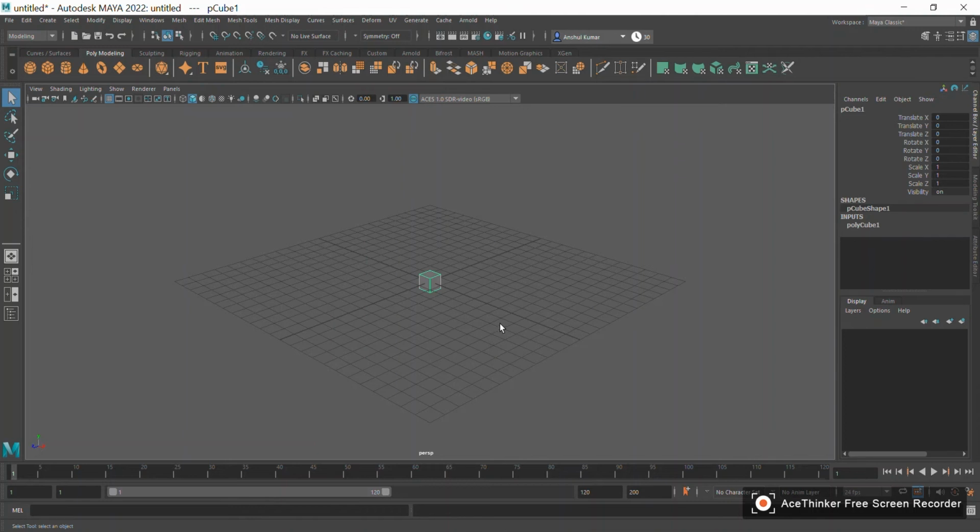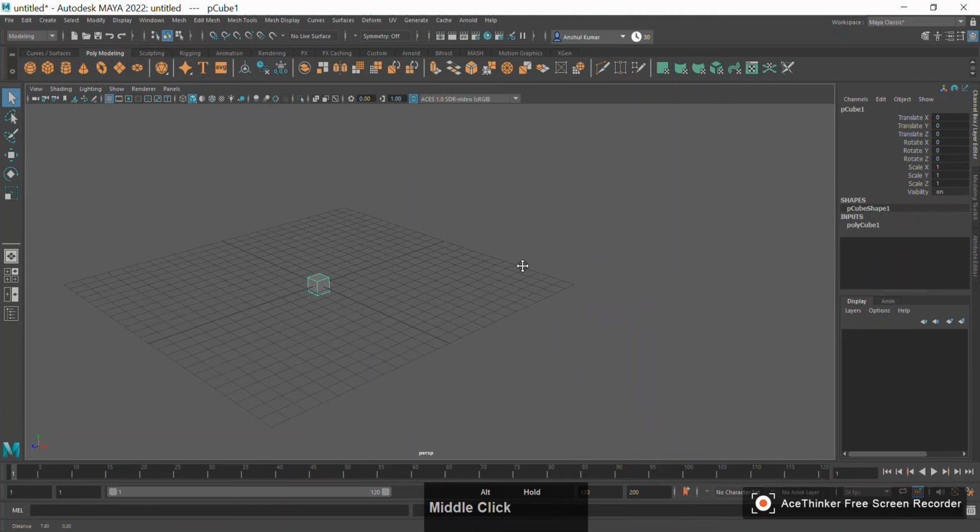Now the next thing we are going to learn is how to move inside Maya. We know how to rotate, we know how to zoom in and zoom out. But we also need one more thing, and that is to move. Right? We need to pan left and right. So we are going to hold Alt, again Alt is the key here, and the middle mouse button. Hold both of these and move left.